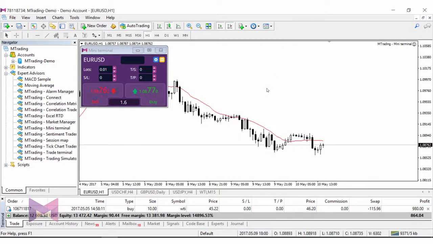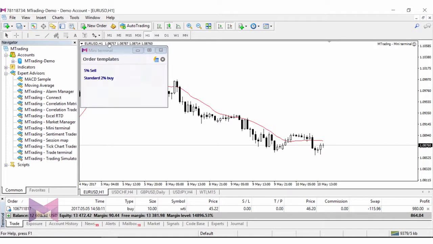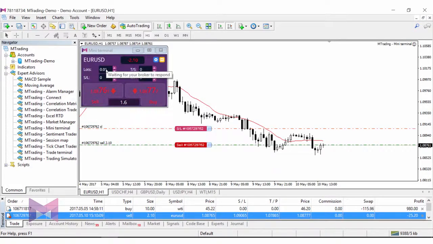So how do you then use the template? Very simple. You use your keyboard and click on CTRL and at the same time click on this yellow icon. Then you will see all the saved templates. As you can see, I have already here standard 2% buy, and now this is the new template that I have just created. So now all you have to do is press on it and automatically the position is entered